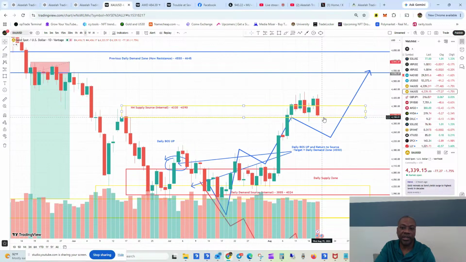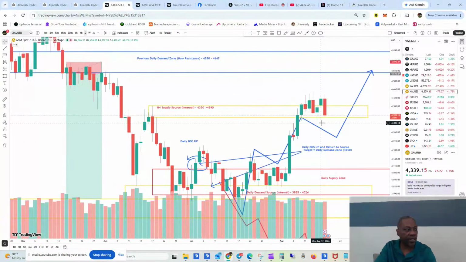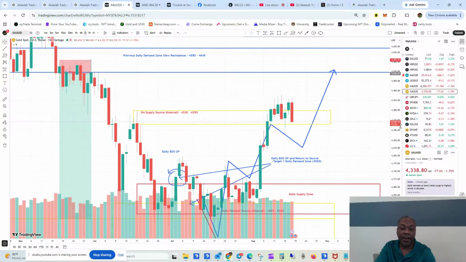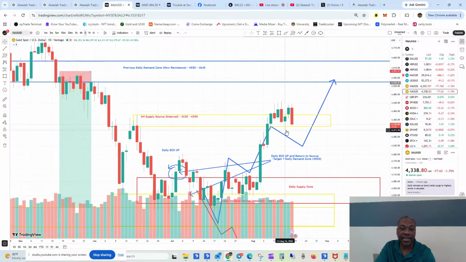So if we close below this, below 43.30, that's the only thing that really matters that's going to be significant to me. And if it is, it just says that gold may need to retrace a little bit further, possibly even back down as low as this broken supply zone to get strength to continue higher. But if we maintain this, as long as, so this push down came, and notice how this came,